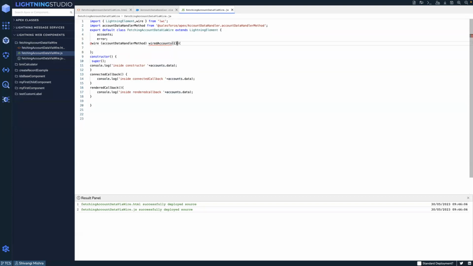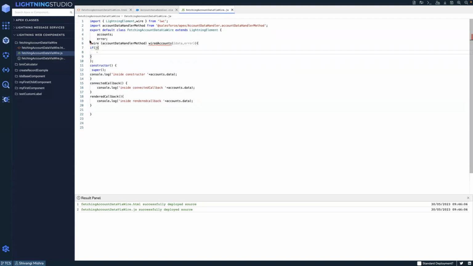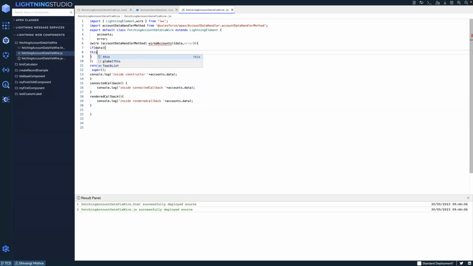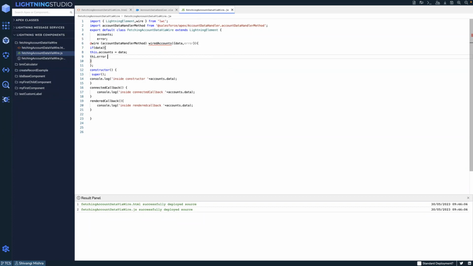This will have data, comma, error. So just keep it on the side. This dot counts is equal to data. Start. And then we will come to